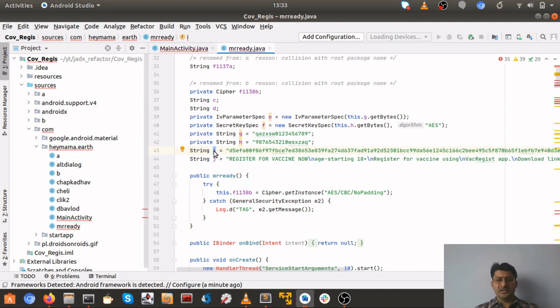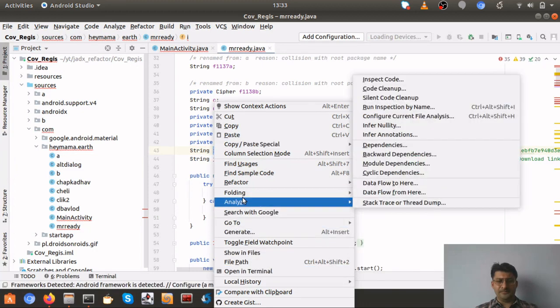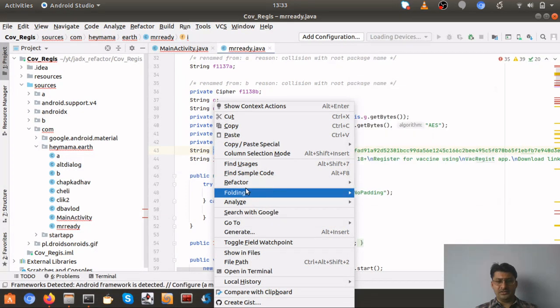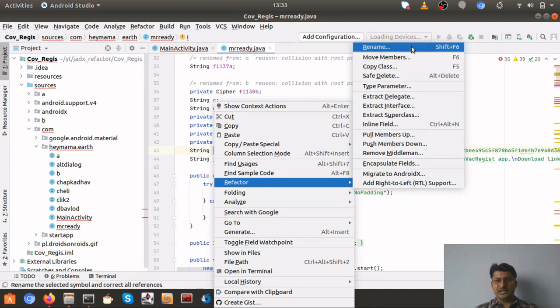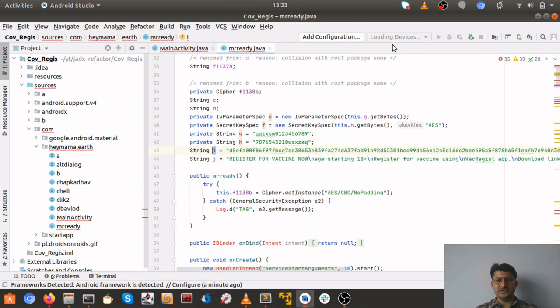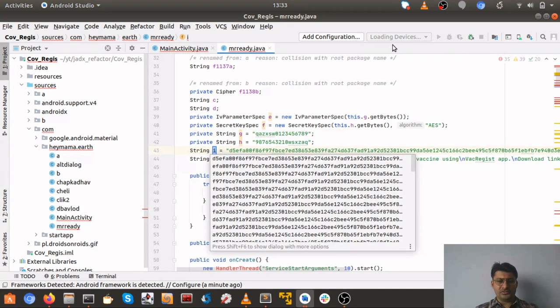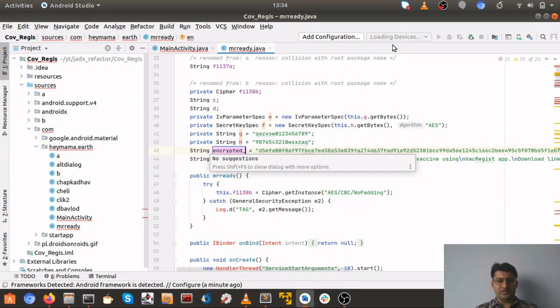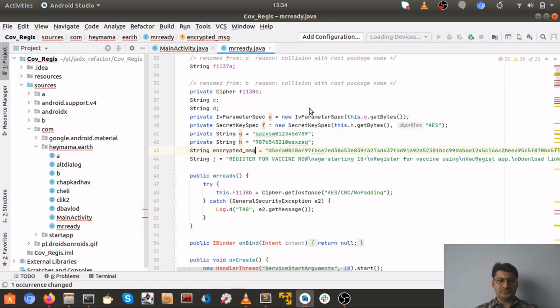It's a pretty simple thing. What we can do here is right click it and come down to refactor, and here rename. You can just memorize the shortcut, it's much easier, shift plus F6, and what we can do is type encrypted message, and as soon as we enter, you can see here it says one occurrence changed, which means that this particular thing is not being used anywhere else than this.